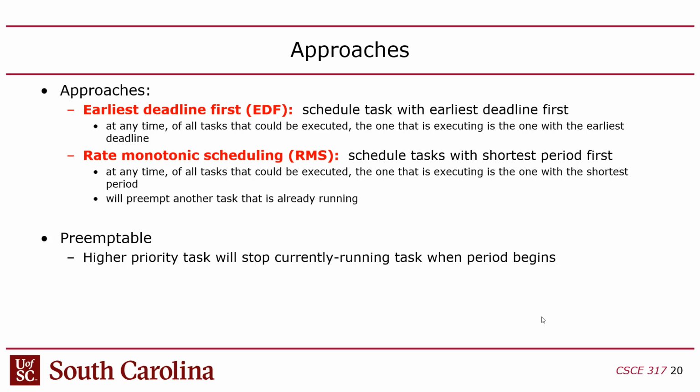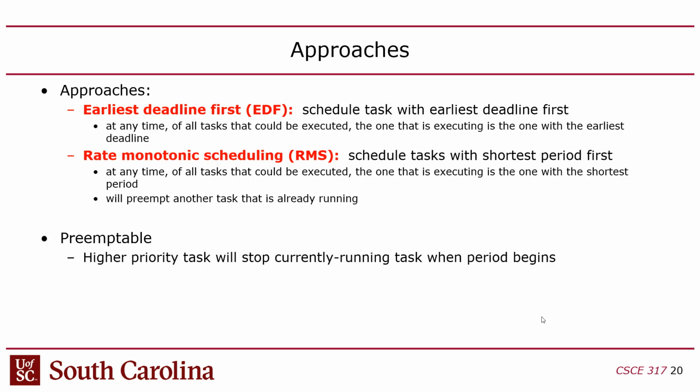The more common approach is called rate monotonic scheduling. And in this case, you assign priority to tasks. And by the way, let me just clarify that too. The reason why you have dynamic priority with EDF is because the deadlines are relative to the current time, right? That's what I'm trying to say, right? The deadline for each task, in terms of how early it is, depends on where you currently are in time,